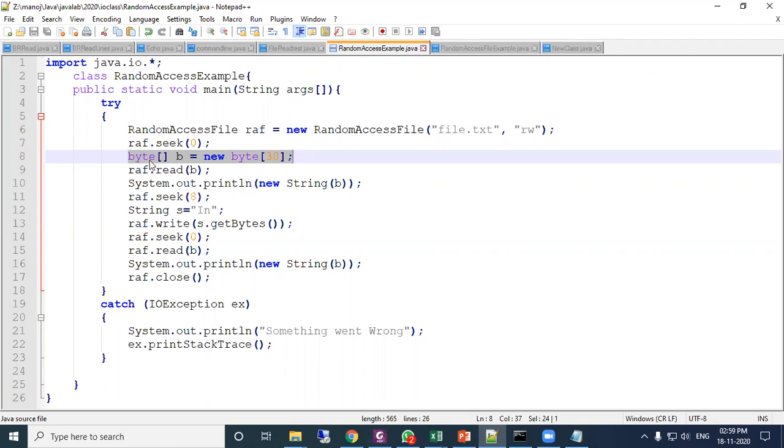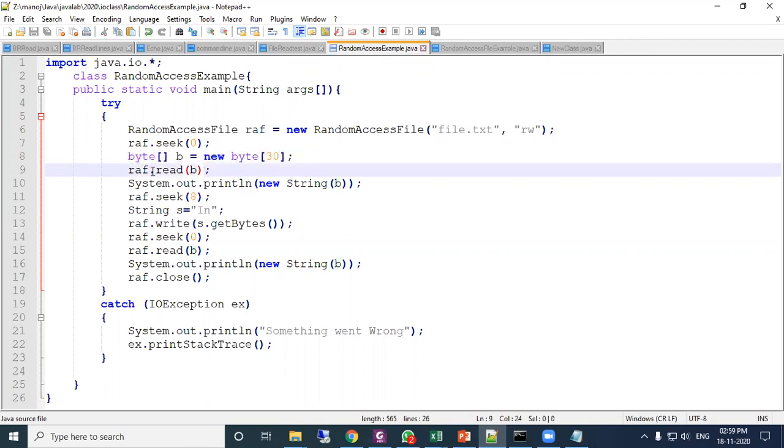Using the byte data type, I have created one array b, byte b equal to new byte 30, meaning 30 bytes of data can be stored using the b array. Next, raf.read. We know the read method is used to read the data. Read within parenthesis b means it will read the data from raf. The syntax is the file object dot read, meaning from this file it will read. How much data will it read?